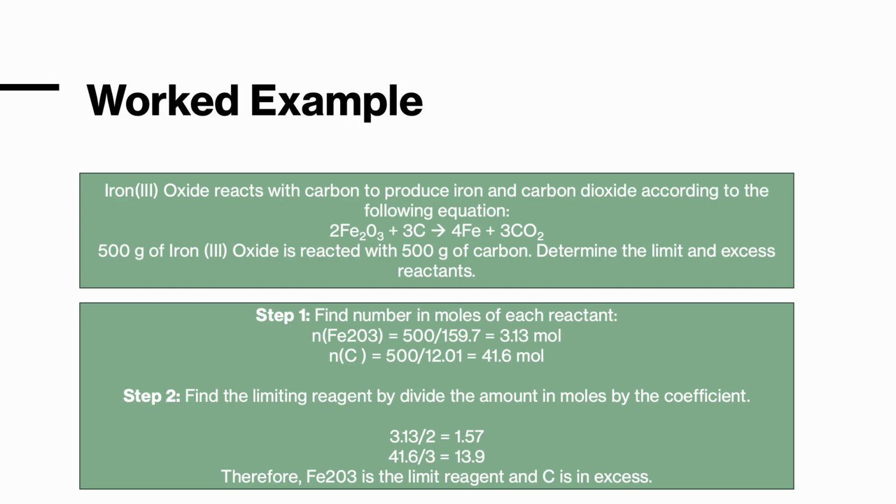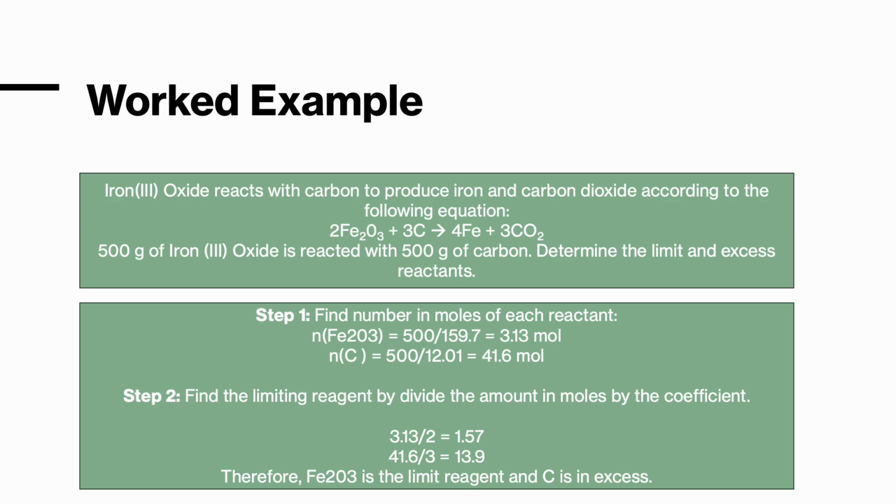So step 1 is to find the number of moles in each reactant. So the number of moles in the iron oxide is 500 divided by its molar mass of 157.7, giving 3.13 moles. The number of moles of carbon in 500 grams is 500 divided by its molar mass of 12.01, giving 41.6 moles. Now, in step 2, we need to find the limiting reagent by dividing the amount of moles by